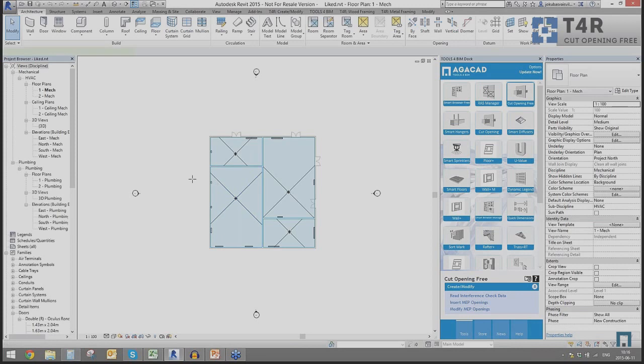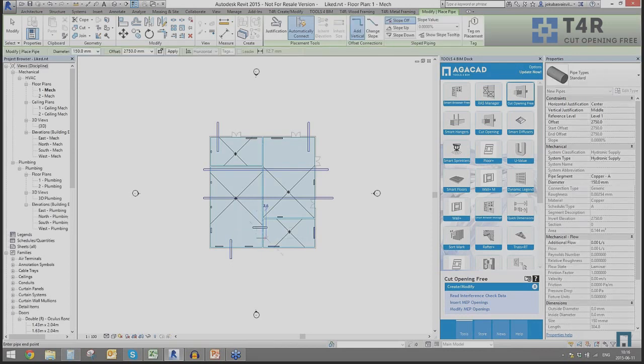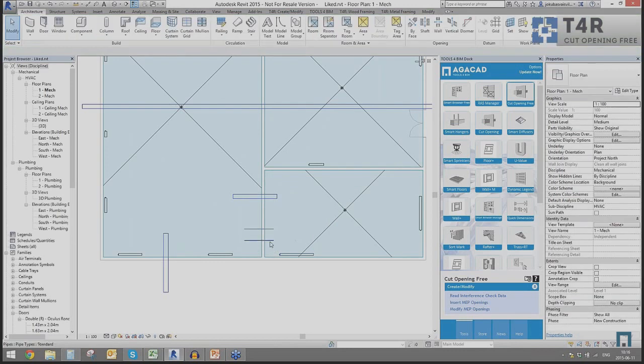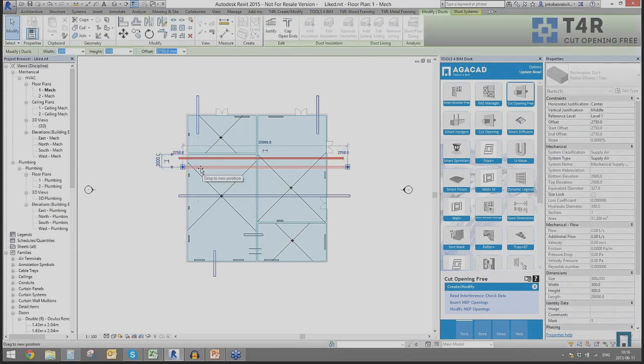So if I try to draw some ducts over here that will intersect my walls, as well, for example, the pipes and so on. Now, as the engineer, I have to say where the opening should be and send, for example, that information to